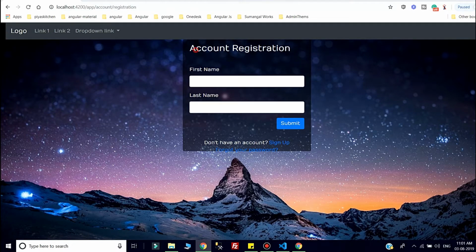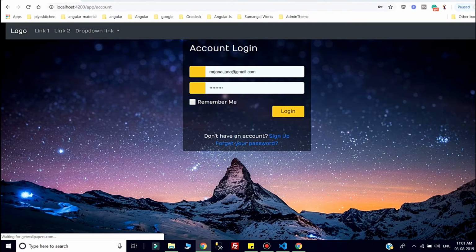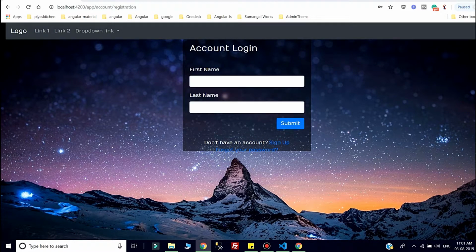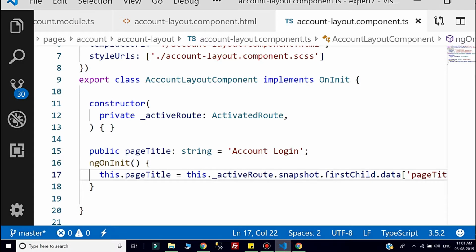Now here you can check that the title account registration is changed from login. Now if you go to the login page, then here you can check the account login. Now if I go to the sign up, so here it should automatically change the account login to account registration. So in order to change here,